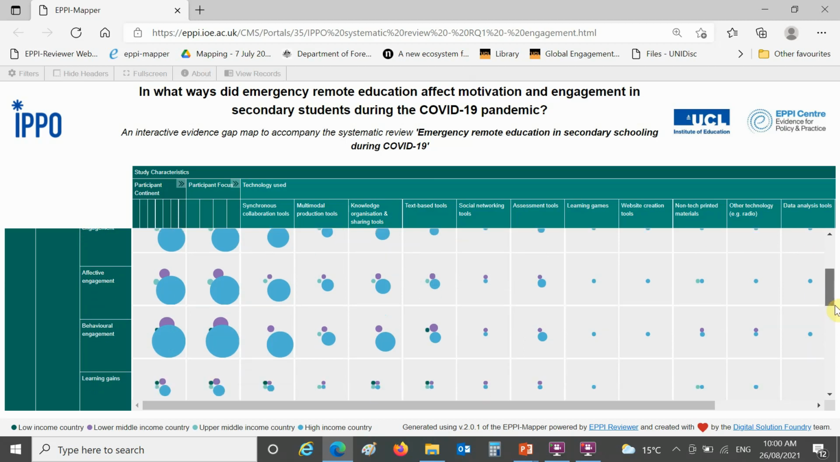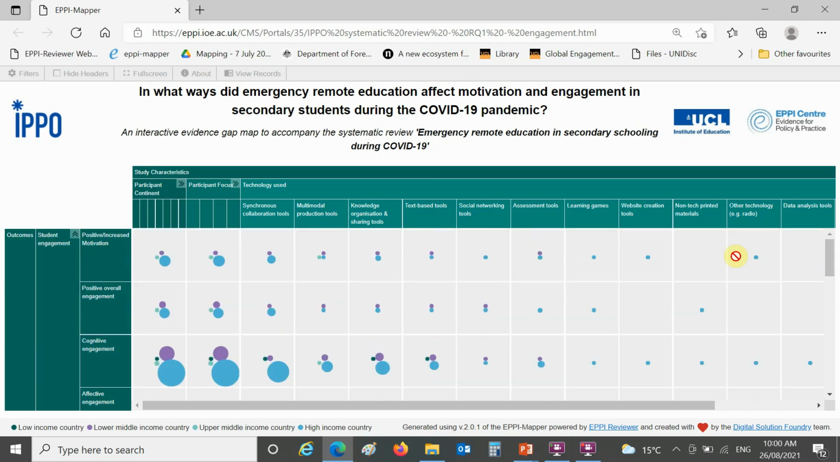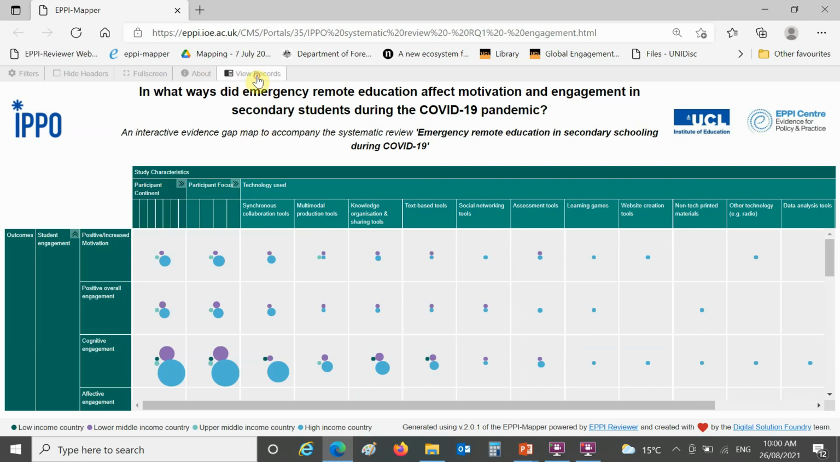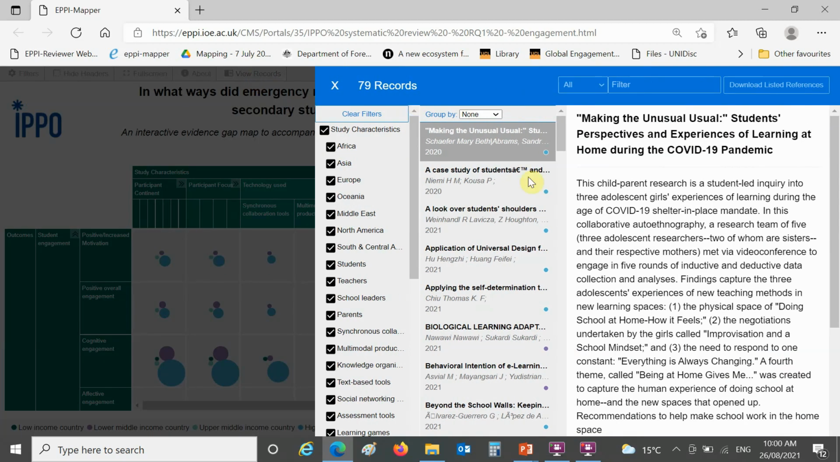So you are more than welcome to freely explore this tool. And you're also able to, if you click on one of the bubbles, bring up this records page here, and you're able to download the listed references that you have here if you want to. You can also view all of the records and download those as a RIS file